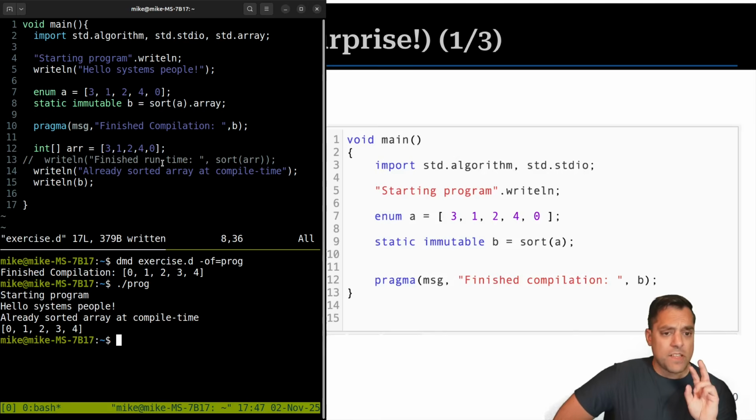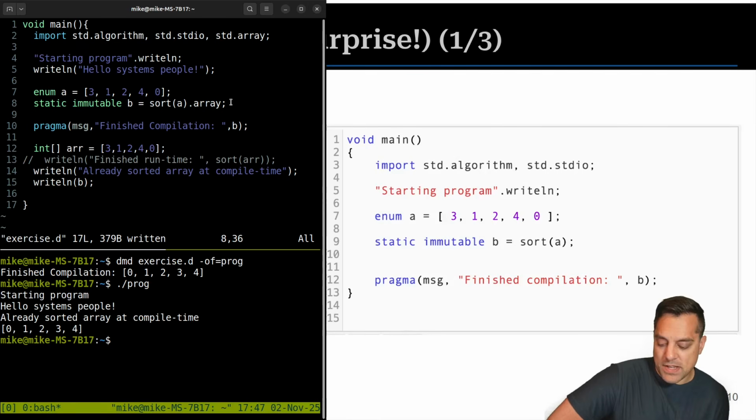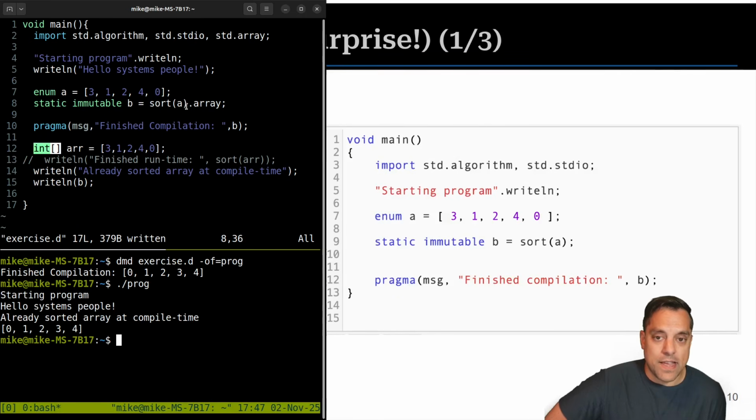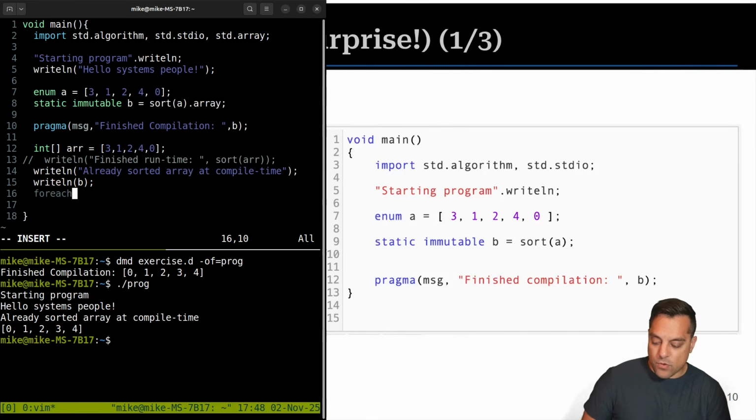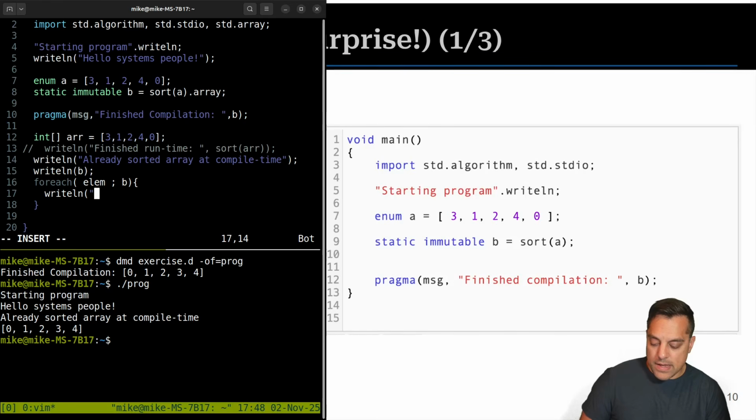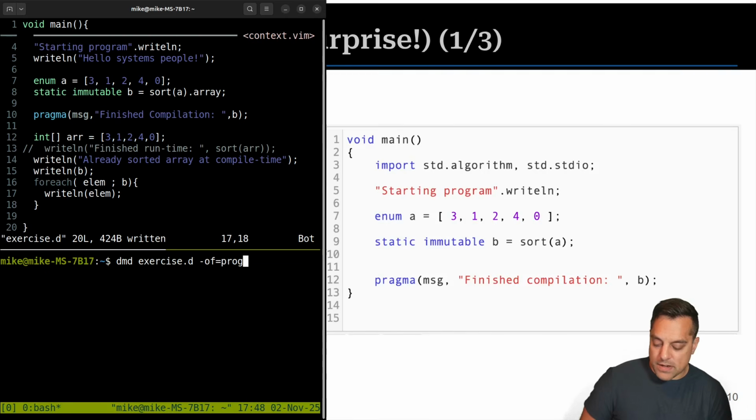Okay, two things that were interesting here. Again, just giving you a high-level view of the language. Dot array converted this into an array type here. That's something that's handy. And D has ranges. It uses something known as ranges, which, if you've used Python, like a for each loop, well, D has those as well. We could say something like for each element in B, writeln, I don't know, let's just write out the element just so you can see what's going on here.